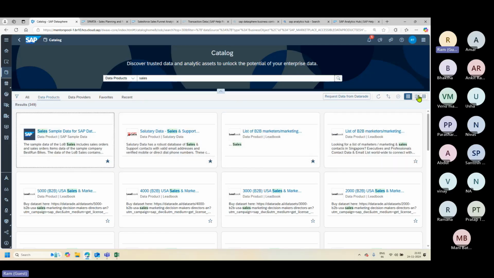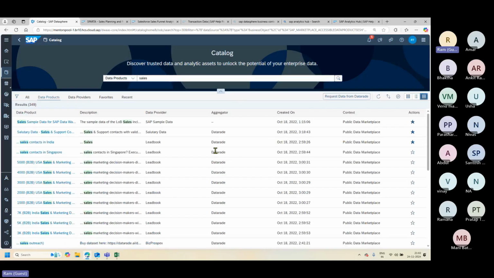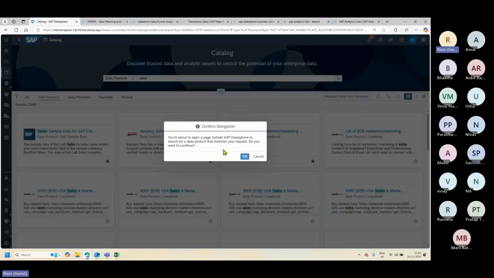And then there are a couple of different view options here. If you like this view, you can keep it, or if you like a table-like view, you can keep it, or if you like the card view, you can keep it. And then there are sorting options and request options, and then there is this button called request data, right? So if I click that,